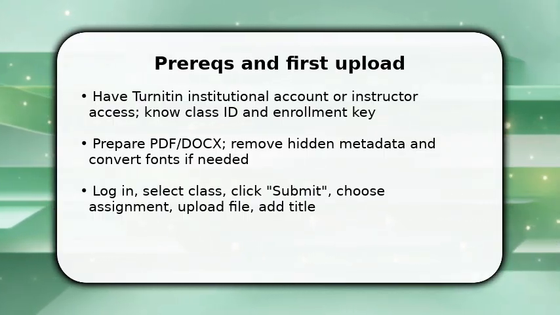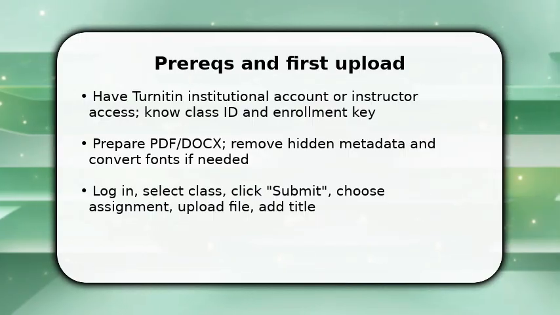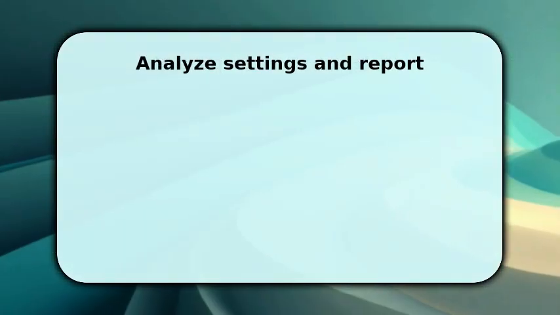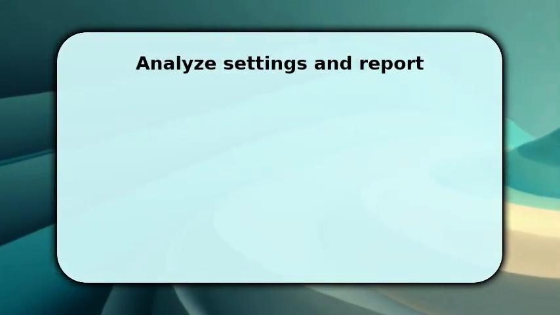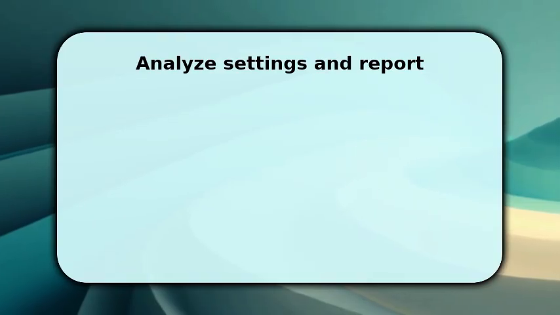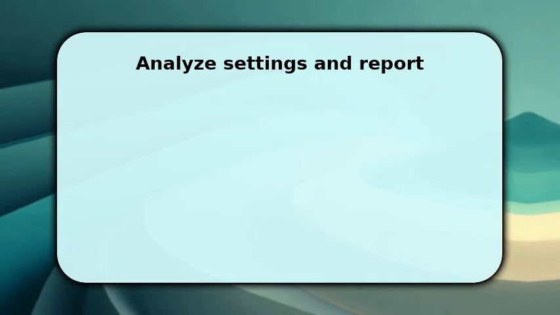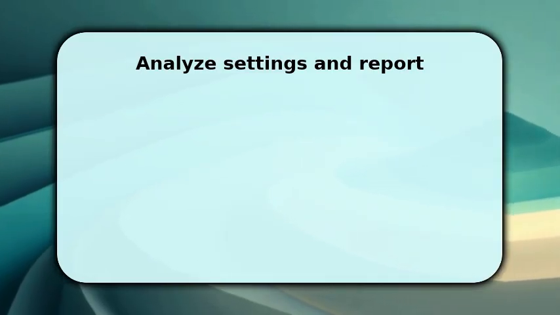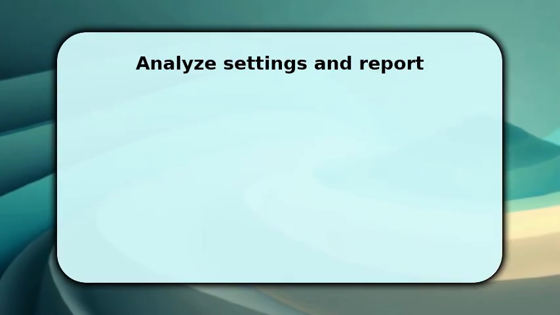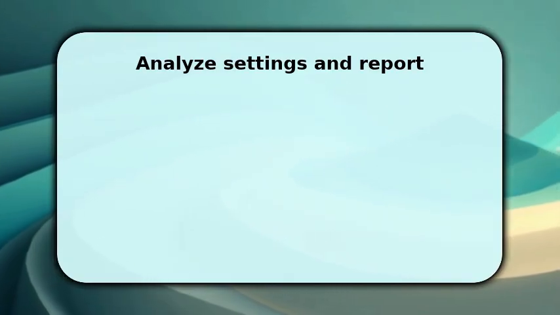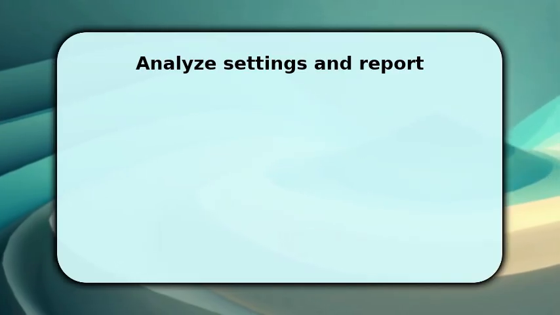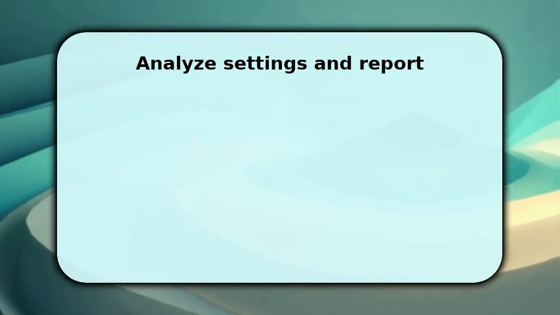This first upload creates the originality report queue, and starting here avoids delays later when the system processes. Once Turnitin finishes processing, open the similarity report and don't rush, give it a full pass. Make sure to adjust the filters, exclude quoted material, bibliographies, and set the minimum match size to a sensible number to reduce noise. Use the side-by-side view to compare student text with sources and click each highlighted match to trace